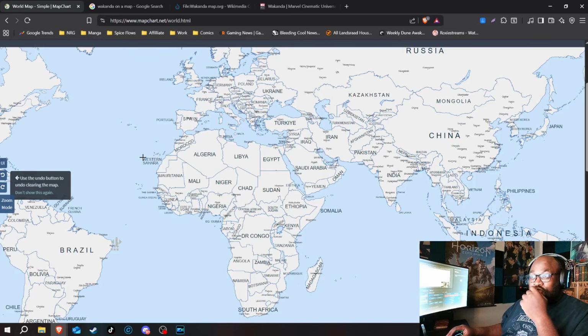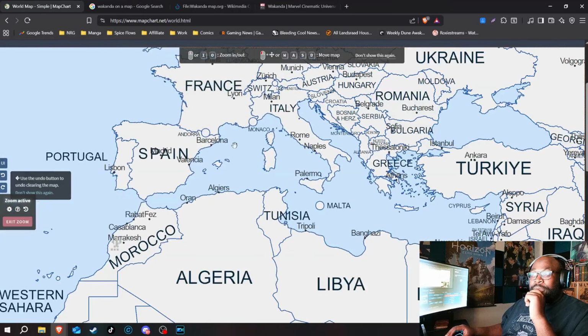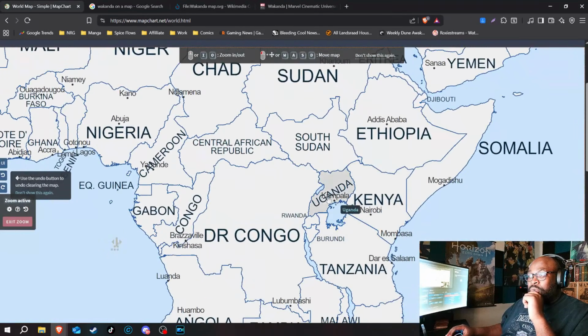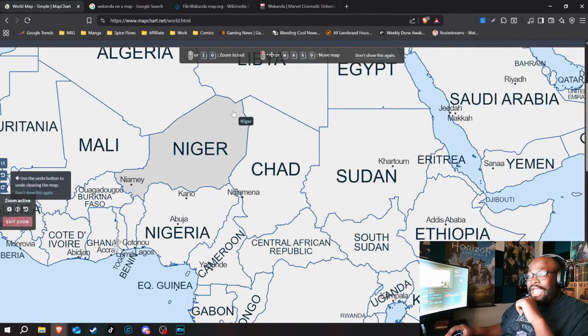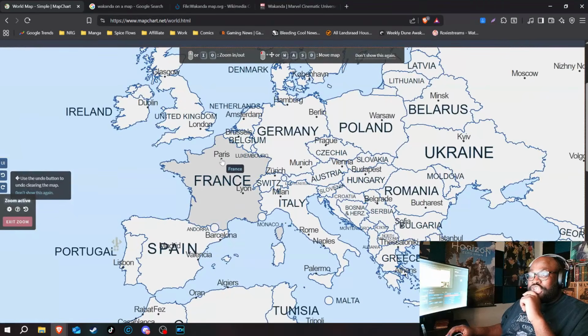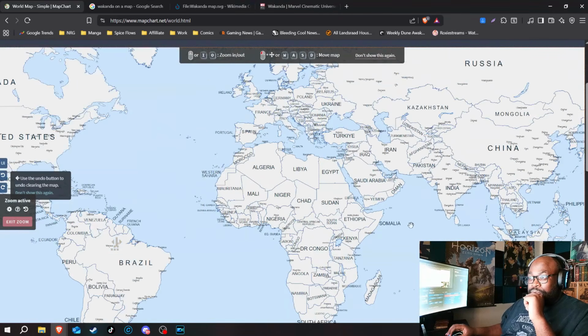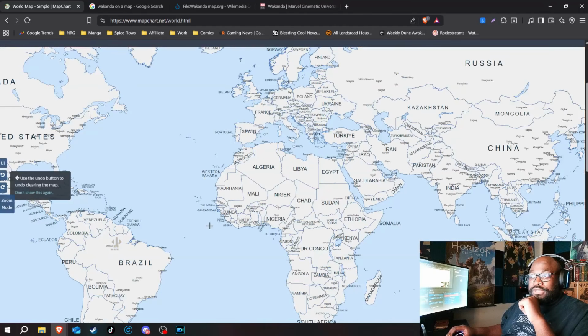Now, the Infinity Storm. Bruce Banner jumps into the Infinity Storm in Paris. Paris is way to the north, all the way up here. Look at the distance between where Wakanda typically is, in this area right here, and where Bruce Banner jumped into the Infinity Storm. So I wanted to know just how big the Infinity Storm actually was.